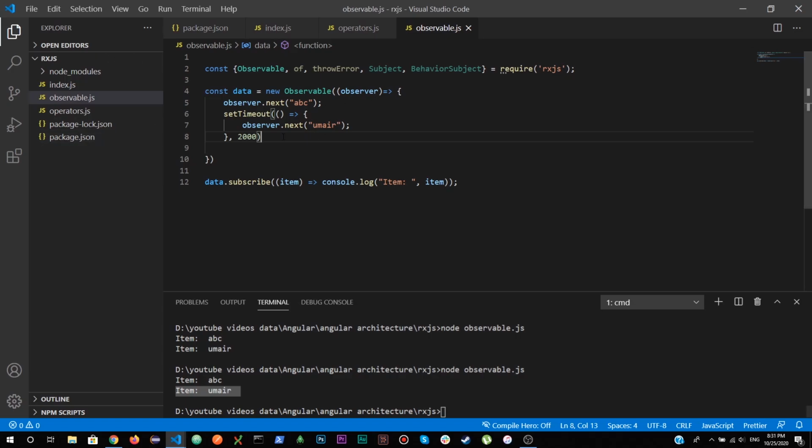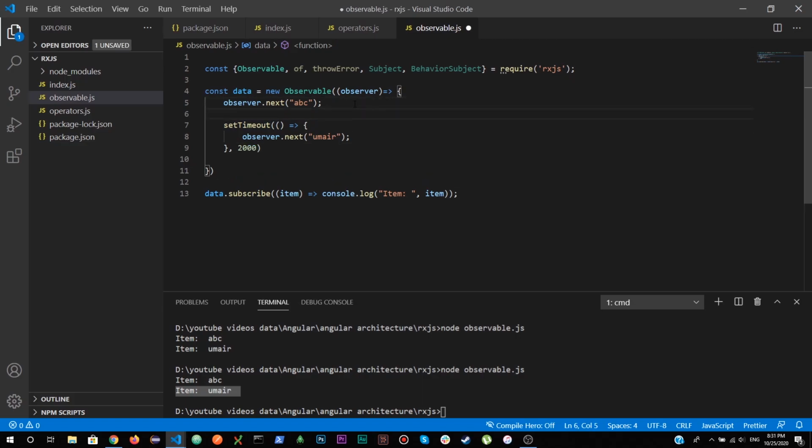So we can make it as complex as we want. It's not like you just need to add setTimeout. You can add another subscription inside it. You can add promises. Let's say that I want to add a promise, right? So after the first observer, I'm gonna create a promise equals new Promise.